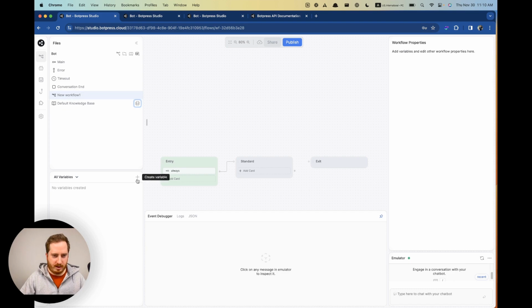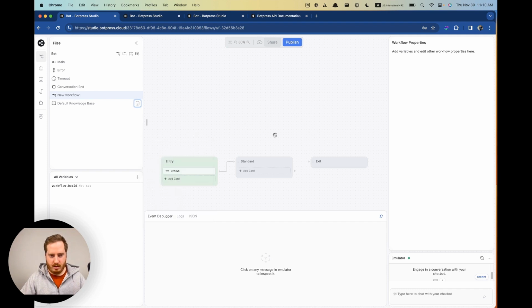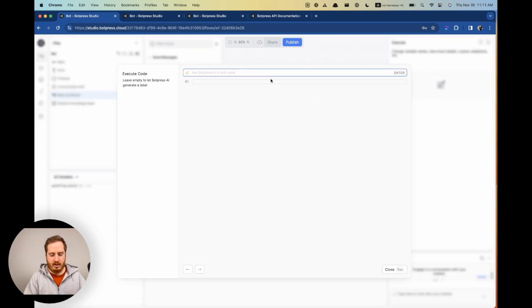So new workflow, I'm going to write bot ID here. All right, and then in here, we're going to have execute code. And here, what are we going to do? We're going to say call the Botpress API, create a conversation, let's say for the given bot ID, create a conversation, then add a message,